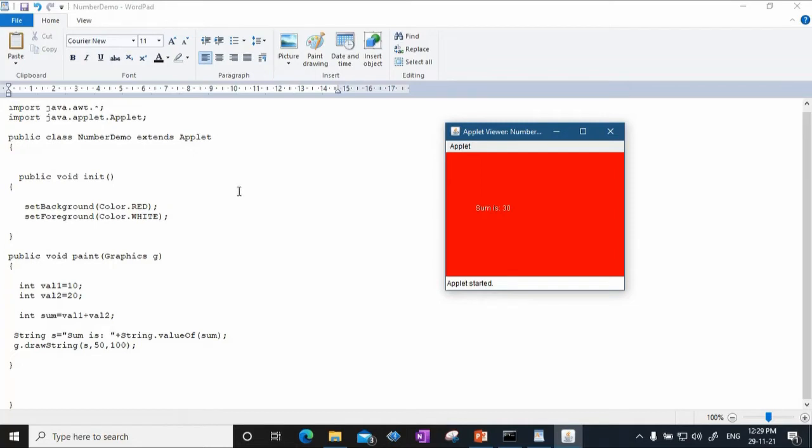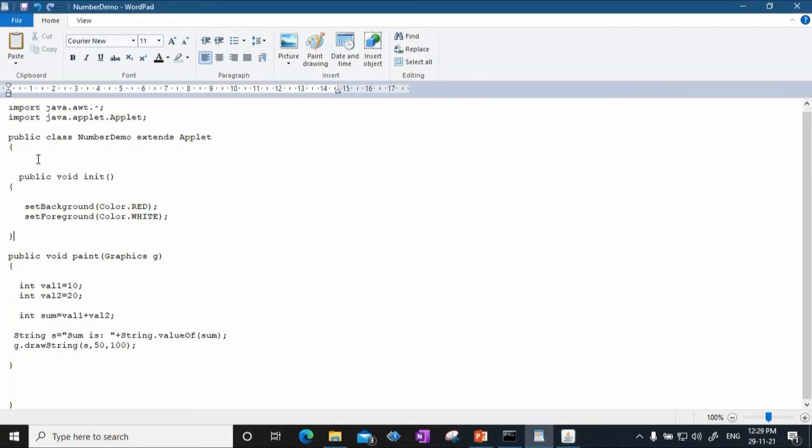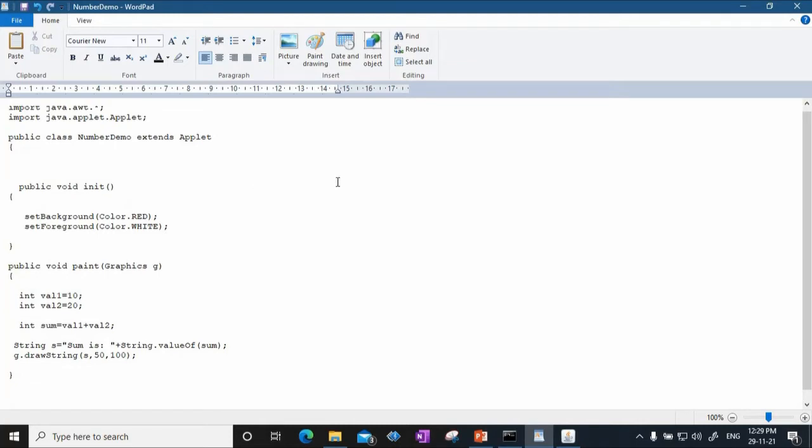So to use TextField, the very first thing I will do here is I will say TextField, where TextField is a class. I will call it text1, text2. Why text1, text2?